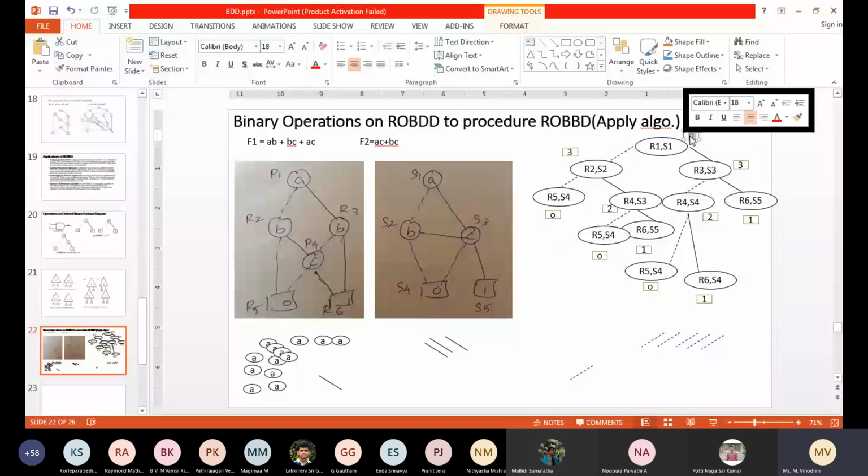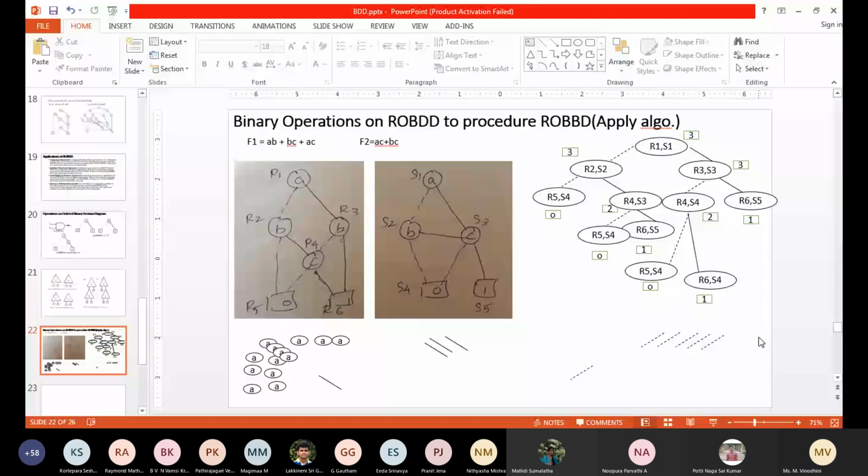Got it? As per the reduce algorithm, fourth step. After this, what will you do? We will draw the final diagram. You have to look at this pattern and find out which is same or which is different. Based on that, we will draw the final diagram. That I will explain in the next class. Now today, step 1, step 2, step 3, step 4, I have explained. The last step, fifth step, using this apply algorithm, how to perform a binary operation. Last step, I will explain in tomorrow's class.